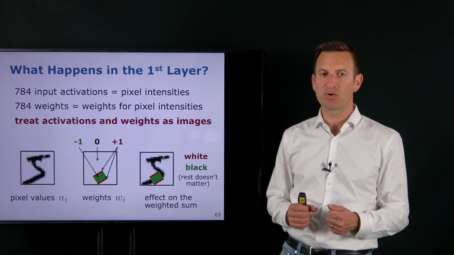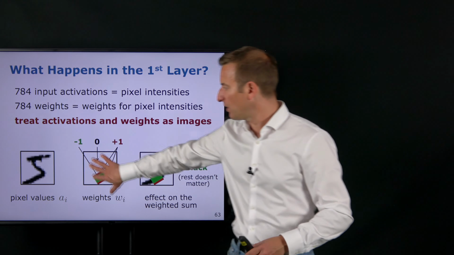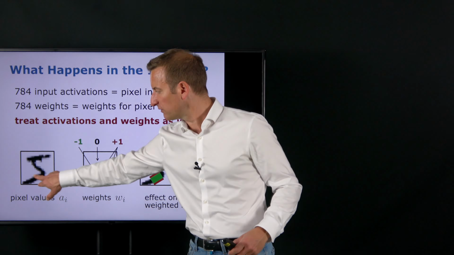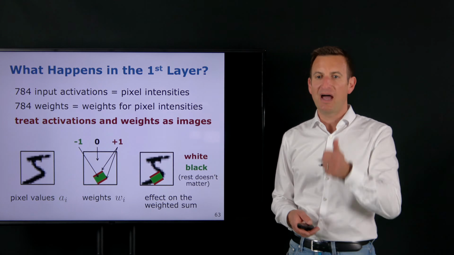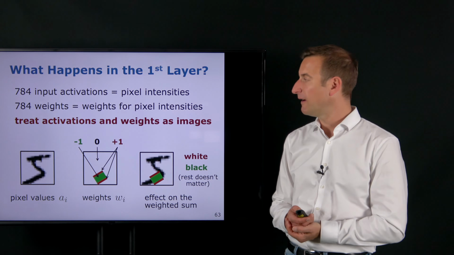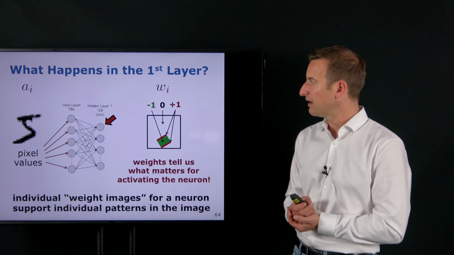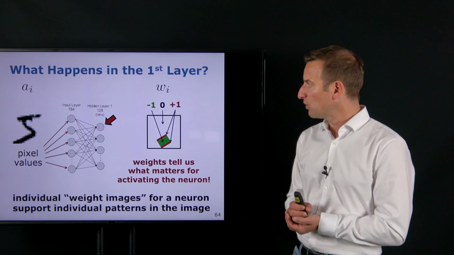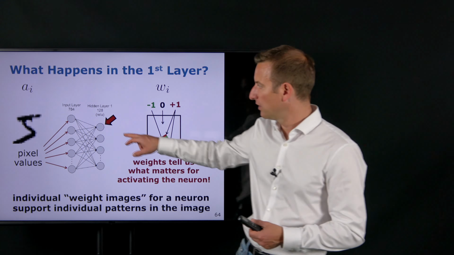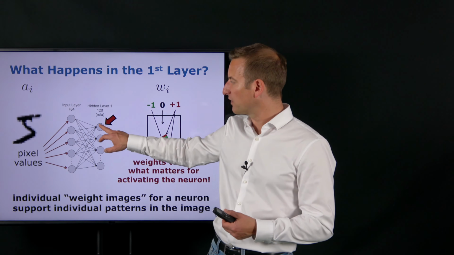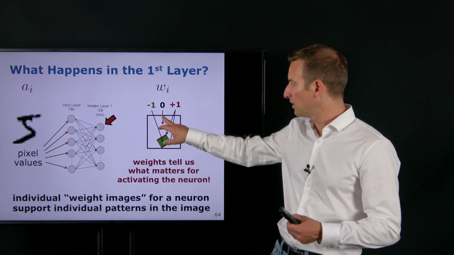I give a maximum reward. I don't care what's anywhere else, but as soon as this kind of looks like a line, I'm happy. I'm actually triggering a high activation of the highest possible value that I can generate. So what happens in those layers is basically the individual weights that correspond to every individual neuron look like this,